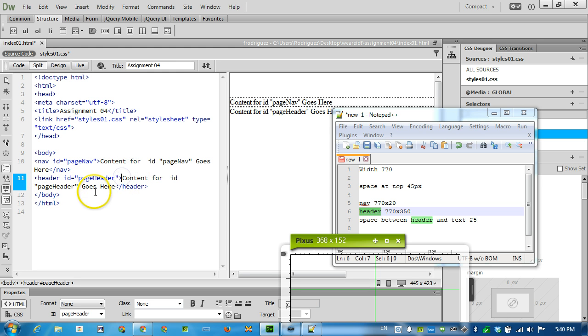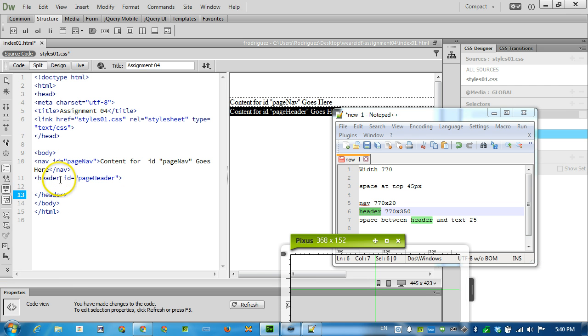This is content for ID page header goes here. I'll select that text which is disposable. I'll press return a couple of times, and in the space in between is where I'm going to put in our two divisions that will separate the header. The division is the first icon on the structure menu. I'll click on div,